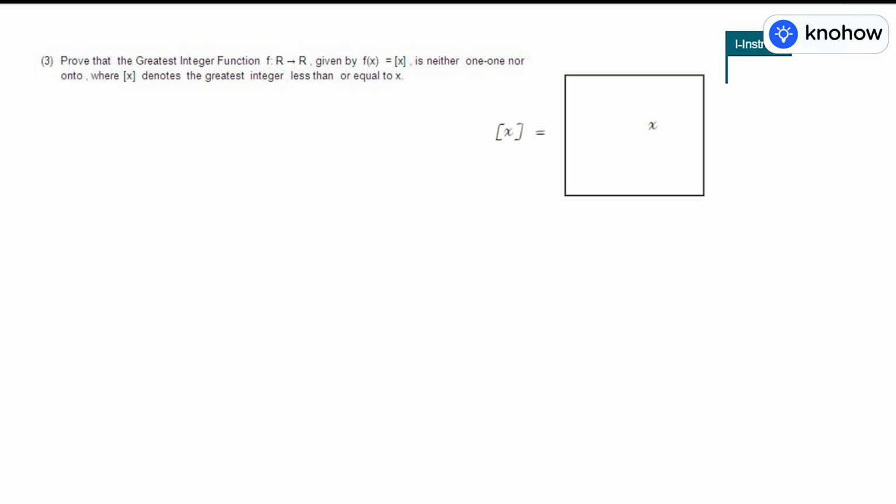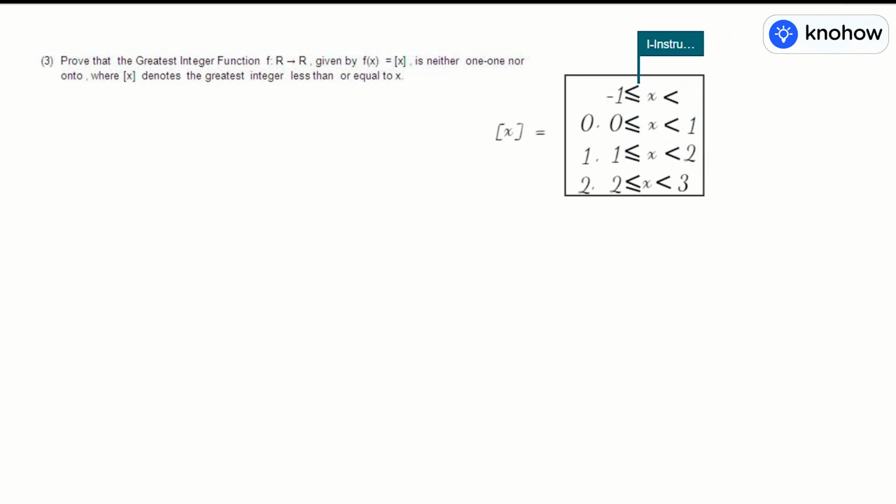If x is greater than or equal to 0 but less than 1, the value of the greatest integer function is 0. If it is greater than or equal to 1 but less than 2, the value is 1. If it is greater than or equal to 2 but less than 3, it is 2. If x is greater than or equal to negative 1 but less than 0, it is negative 1. And now let's check